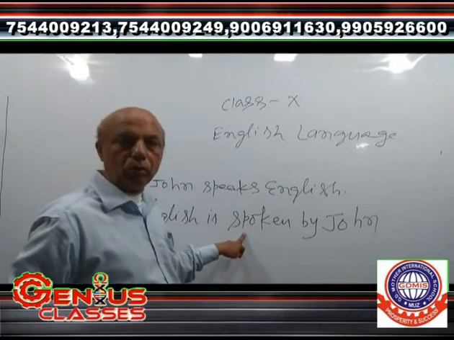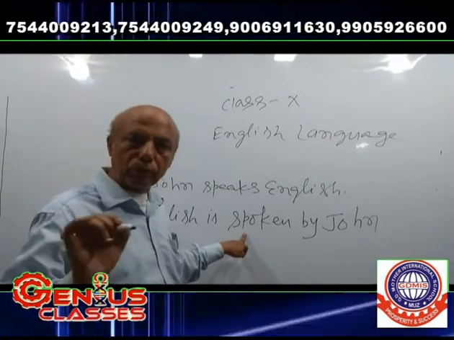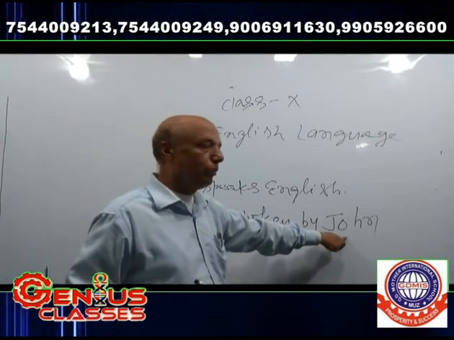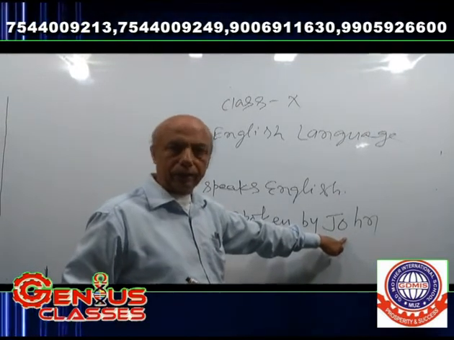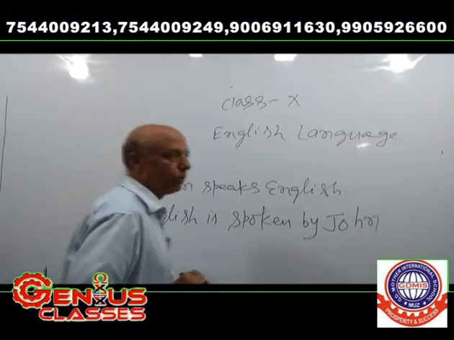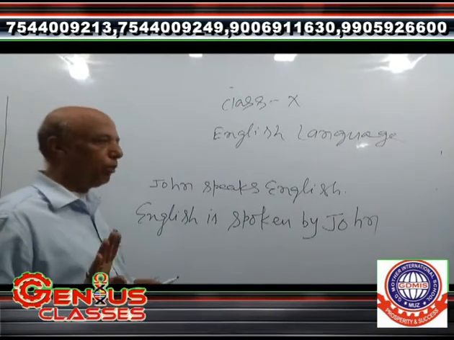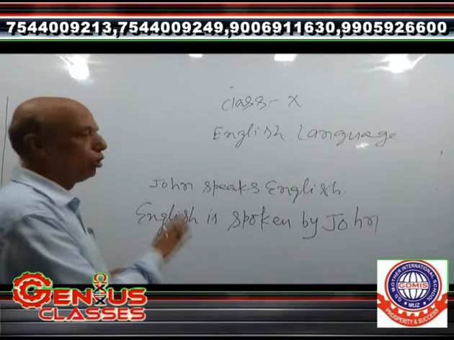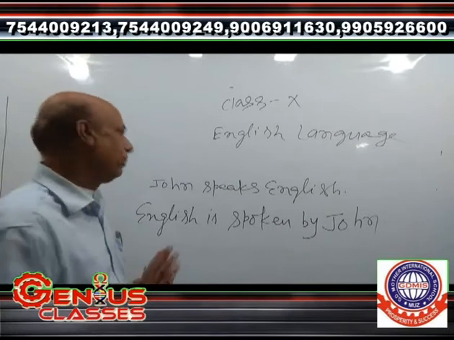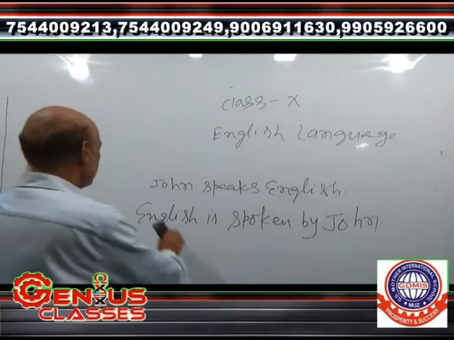And it has been told that passive voice always follows V3. That is why spoken has been used. And by is used before that very word at the end. At the end, it means before John, by has been used. So there are four rules, and those rules have been applied in the course of changing from active into passive. And next,